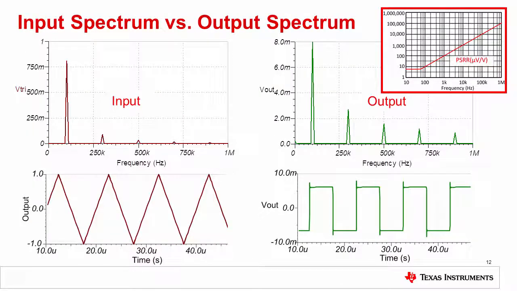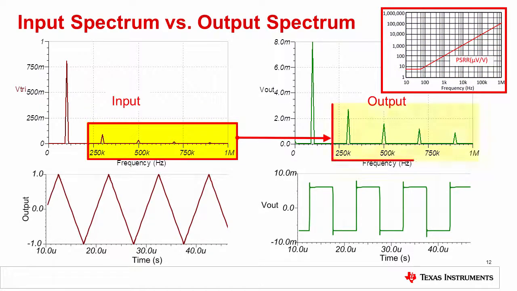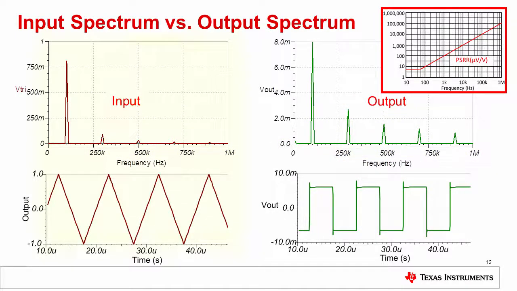This slide illustrates how a triangle waveform on an amplifier's power supply can be translated into a square waveform. Remember, the PSRR transfer function acts like a high-pass filter. Applying the Fourier spectrum for a triangle wave through a high-pass filter, the higher frequency components will be boosted. This has the effect of translating the triangle wave spectrum into a square wave spectrum. Another way of thinking about this is that the high-pass filter acts like a differentiator. When you differentiate a triangle waveform, it changes into a square wave.